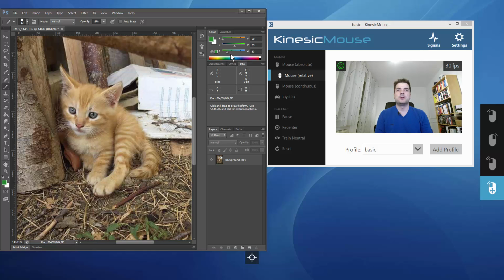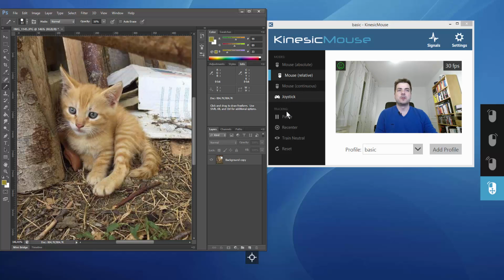If I want to get out of the precision mode again, I can open my mouth and I'm back to the usual full range control over my mouse cursor. Again, if I want to move this upper slider here, I can switch to the precision mode, which is indicated by this cross arrow at the lower screen bottom, and I can click and drag this slider where I want it to be.